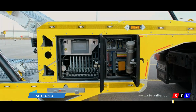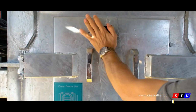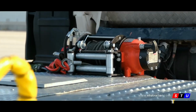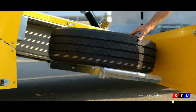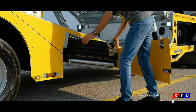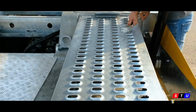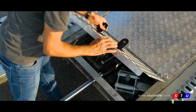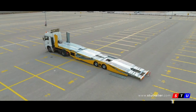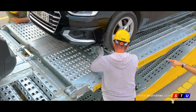The STU car carrier trailer is a state-of-the-art solution for vehicle logistics, capable of transporting multiple cars safely and efficiently. Designed with lightweight yet durable materials, it maximizes payload capacity while maintaining structural integrity. Hydraulic ramps and adjustable decks provide versatility for loading vehicles of various sizes. Built with safety and efficiency at its core, the STU car carrier trailer is trusted by transport companies, dealerships, and